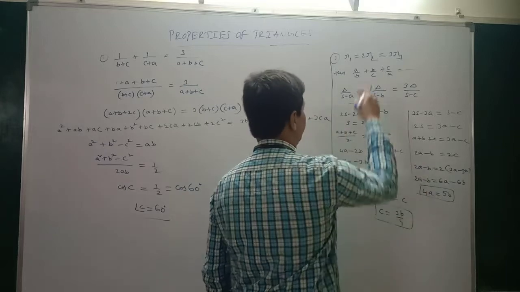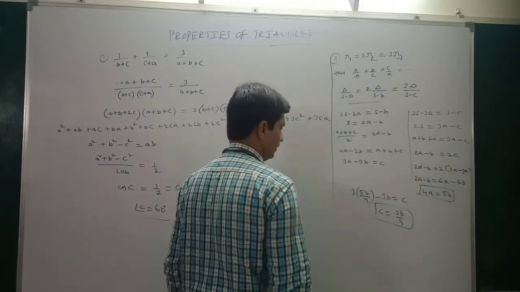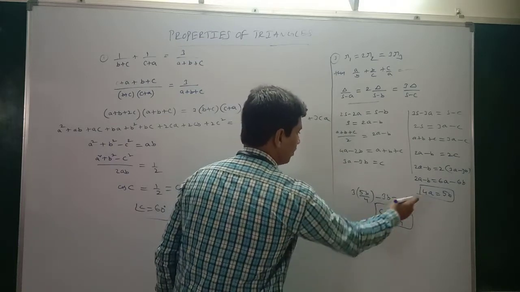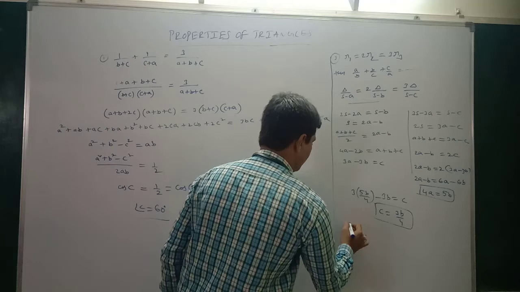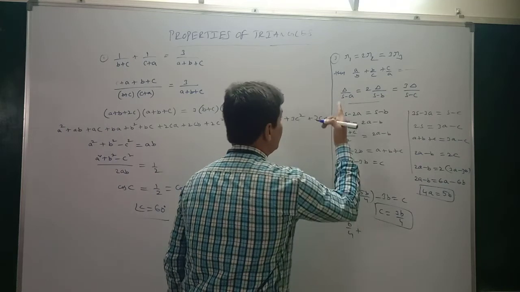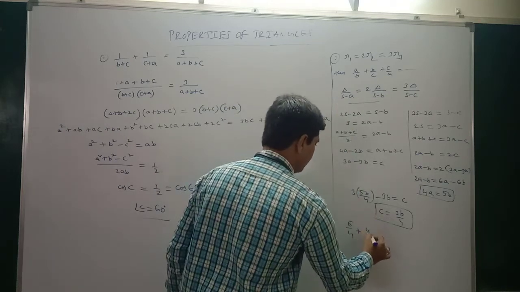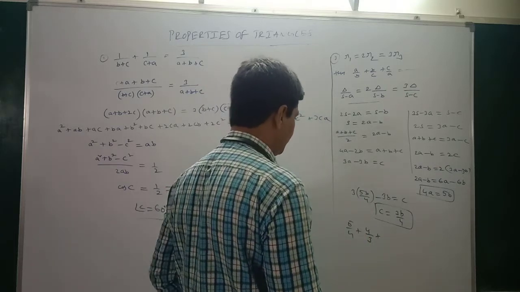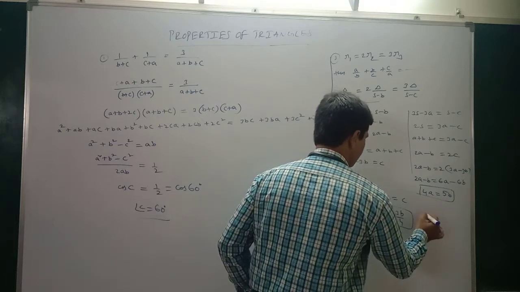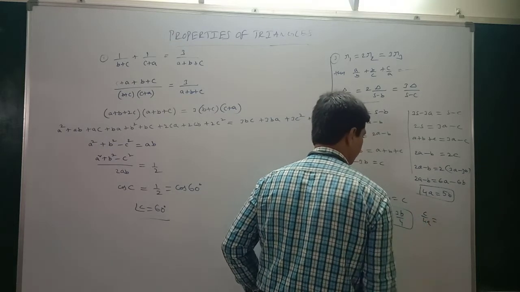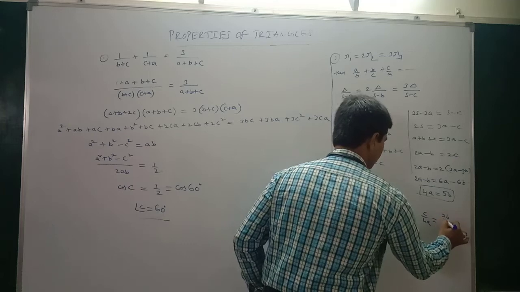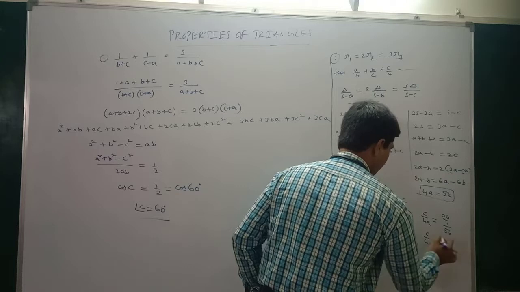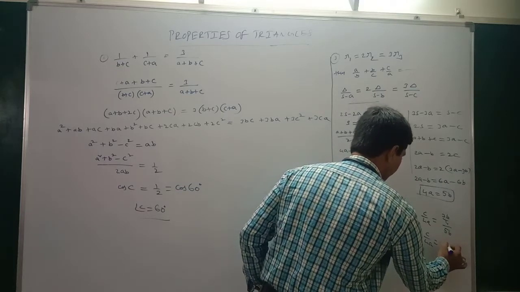Now substitute these values here. How much will you get? Like a by b. A by b means 5 by 4, plus b by c. What is b by c here? 4 by 3. Right? Plus c by a. How can you get c by a? Divide these two. c by 4a is equal to 3b by 4 by 5. So this is c by 4a equal to, like b gets cancelled, 15 by 4.